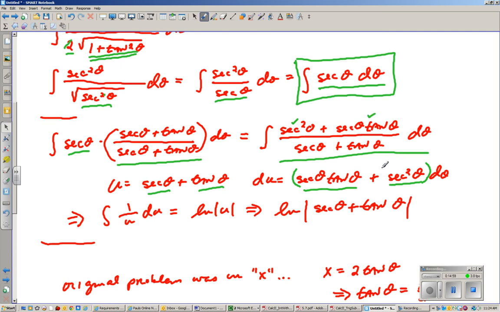So I'm going to take that whole numerator and my dθ out. That whole thing, I'm going to take it away, and I'm going to write a du in its place. And that leaves 1 over u, replacing the denominator. Sec plus tan will be replaced with the u. Then that's the natural log of the absolute value of u. And now if I bring back my substitution, isn't that the natural log of the absolute value of sec plus